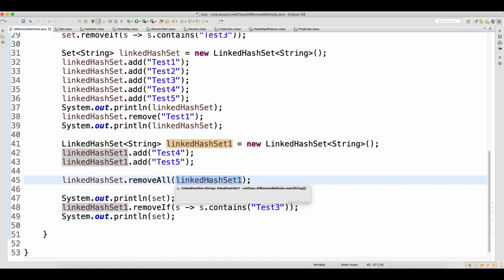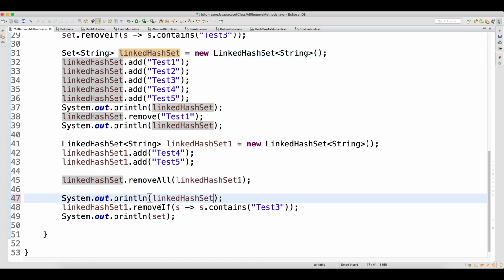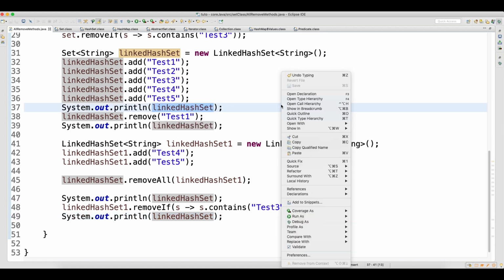Change this to print the linked hash set. Yeah, cool. So if I run this,